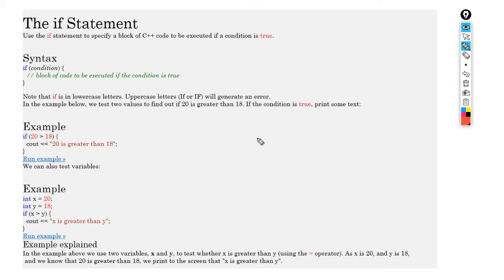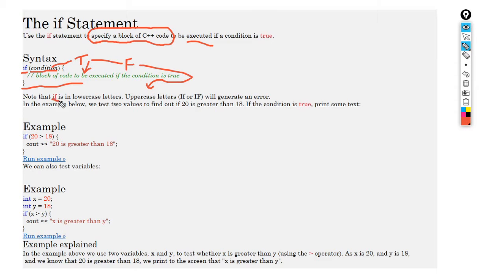So here we will see the importance of if. Whatever the condition is given, if the condition is true, then the if block of statements will be executed. Here you can see the round brackets, and the condition is written inside the round brackets, and this is the body of the if. If the condition is true, then these statements are executed, and if the condition is false, then it will come out of the if.